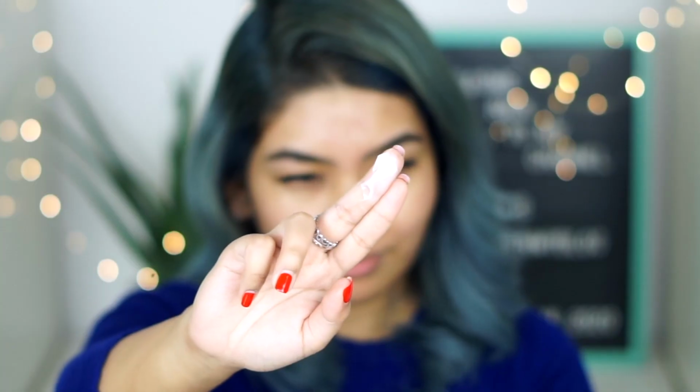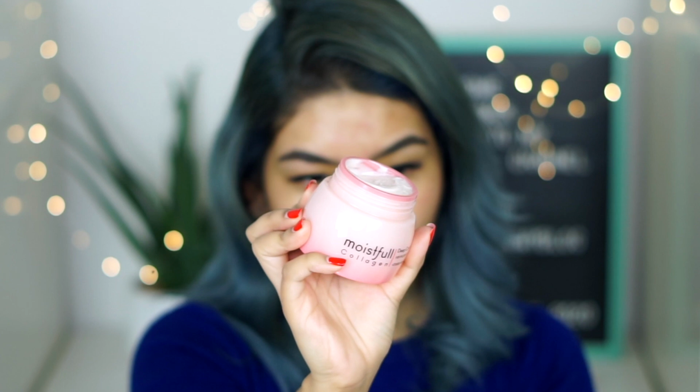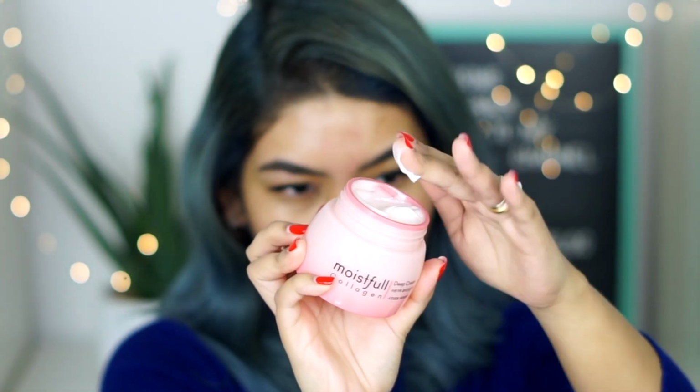I also find that it is a little bit brightening because, as you guys can see, I'm not wearing any makeup and it has kind of made my skin look really radiant, which I absolutely love. But if you are looking for something a little bit more intense and you feel like your skin is really dry, I would recommend the deep cream, because you guys, usually when it comes to dry skin, it gets very